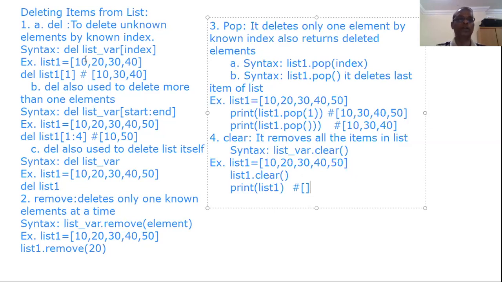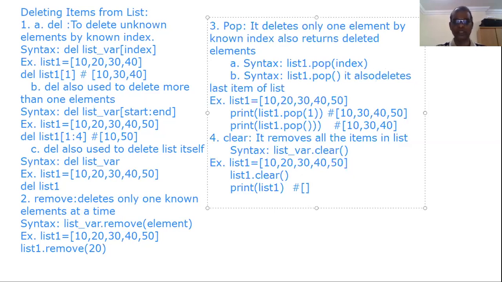Now, del is used to delete unknown elements by known index. Del is also used to delete more than one element. Del is also used to delete the list itself. Remove deletes only one known element at a time. Pop deletes only one element by known index, and also returns the deleted element.